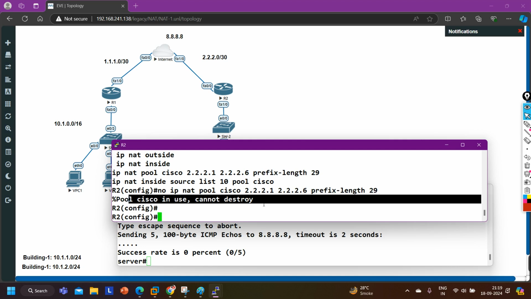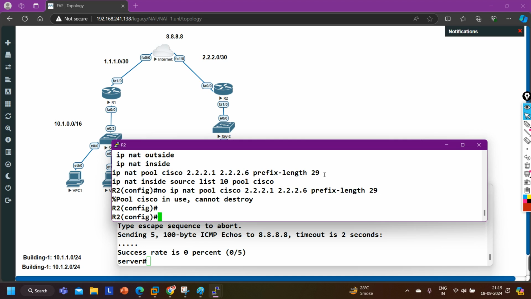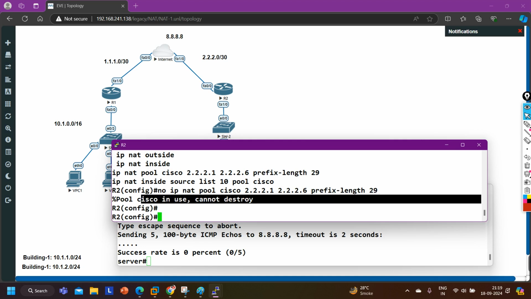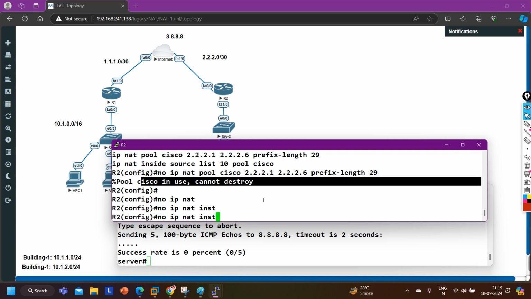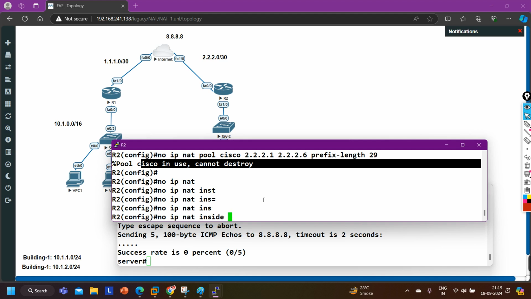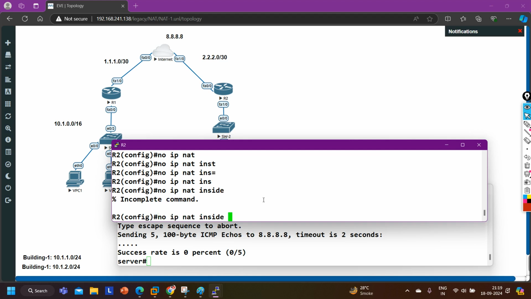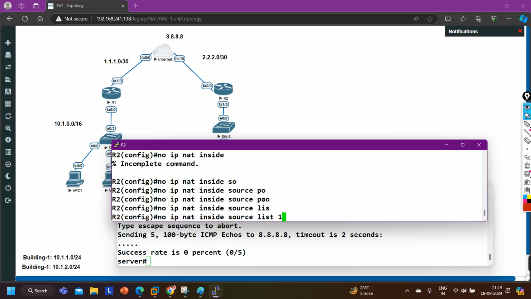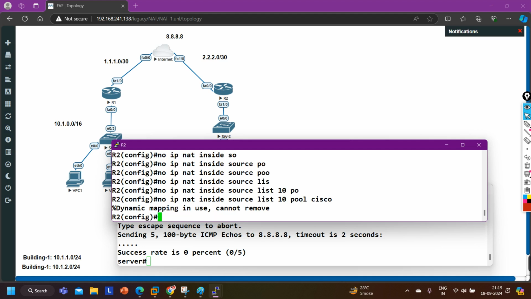Pool Cisco in use, can't delete. No IP NAT inside source list 10 and pool Cisco.